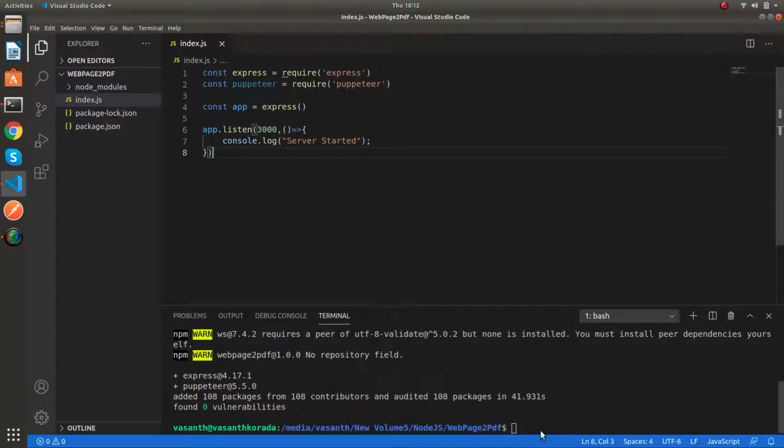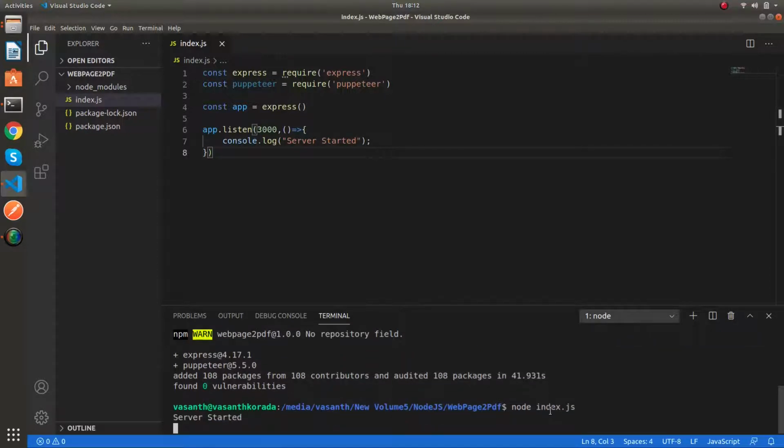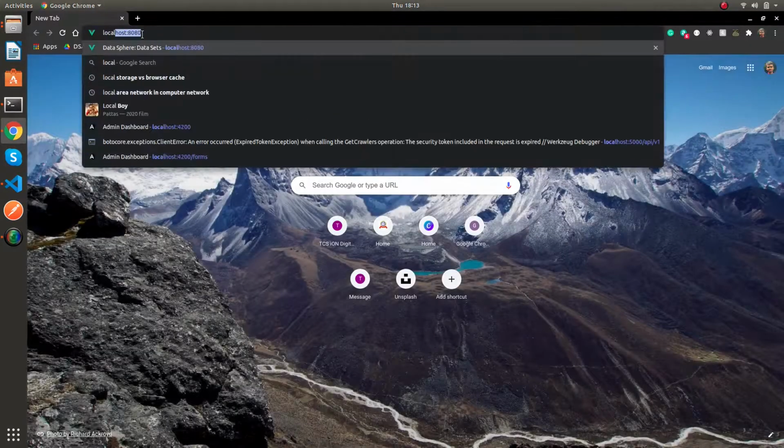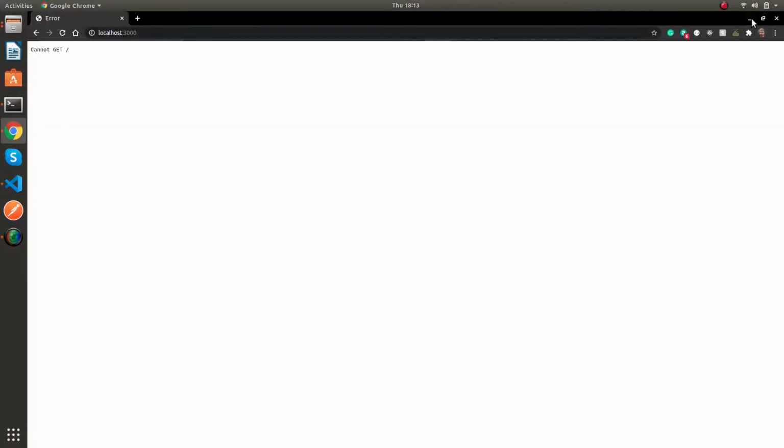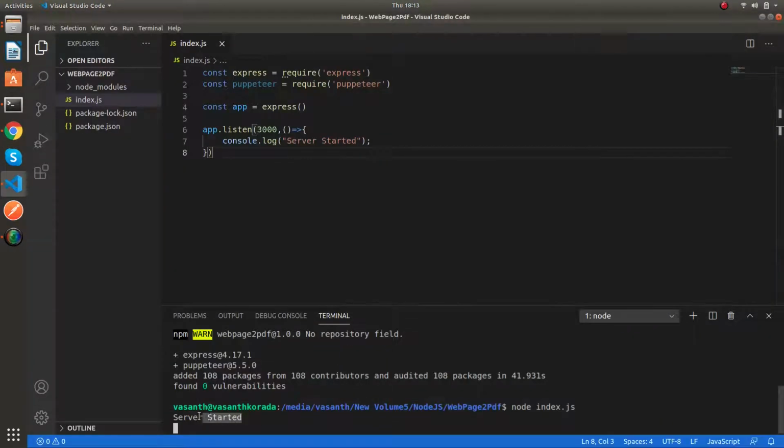Let me run this. I can say node index.js. If I go to localhost 3000, it is working fine. It is saying server is started.